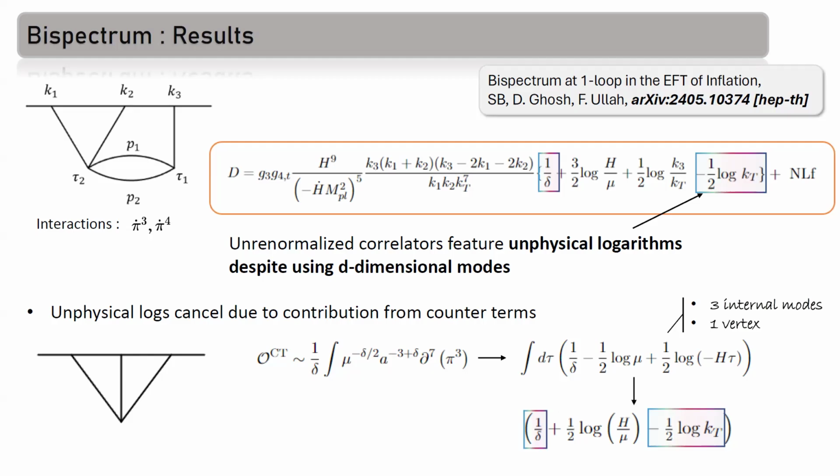No. The point is that no matter what the kinematic structure, if you consider various counterterms of this form, which have this structure, they will all contribute various kinematic forms, but this contribution will always be proportional to this factor over here. Maybe I'm not able to explain. Let's say you had a